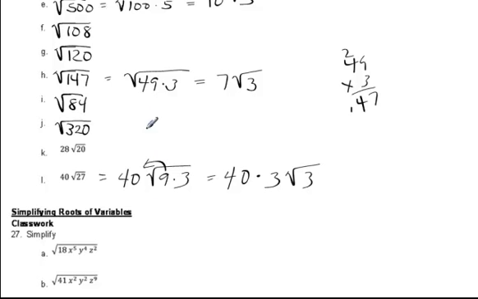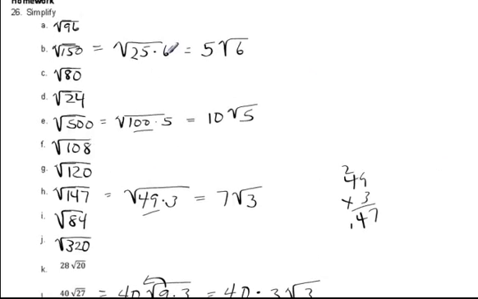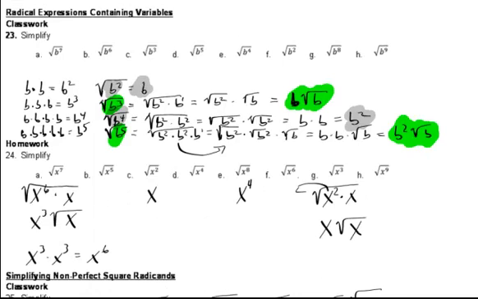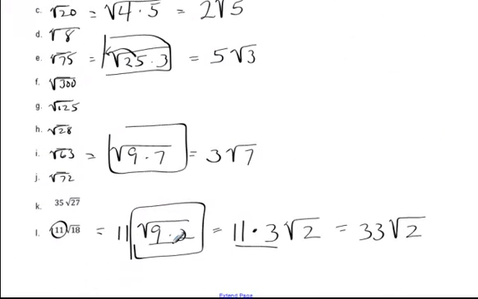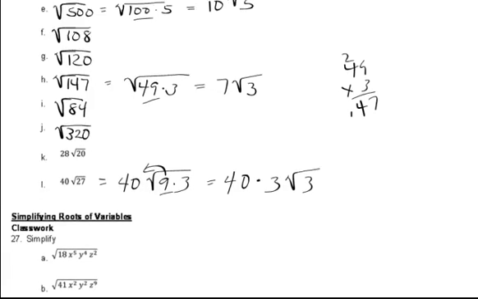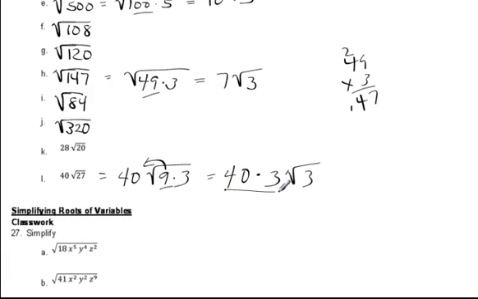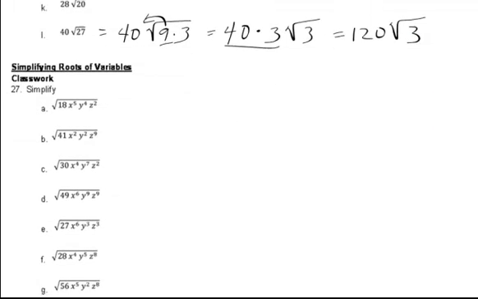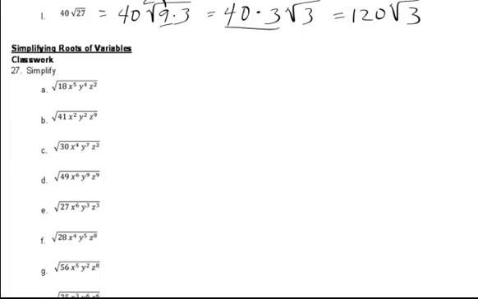That's why in all these problems, I always put the perfect square first. Every single one of them, even back to these. I always put the perfect square first, so that'll help you keep track of your answer in the end. Okay, so then I have my 40 times my 3, which is 120, and I still have that guy in jail. Now these look hard, but all they are is simply a number and variables that I can